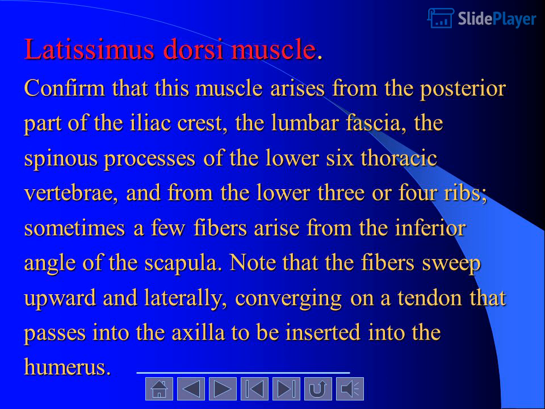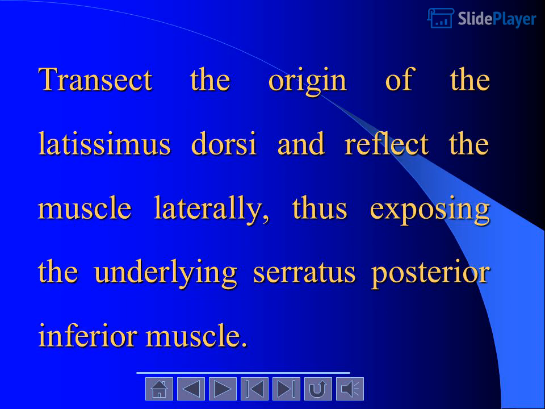Latissimus dorsi muscle. Confirm that this muscle arises from the posterior part of the iliac crest, the lumbar fascia, the spinous processes of the lower 6 thoracic vertebrae, and from the lower 3 or 4 ribs. Sometimes a few fibers arise from the inferior angle of the scapula. Note that the fibers sweep upward and laterally, converging on a tendon that passes into the axilla to be inserted into the humerus. Transect the origin of the latissimus dorsi and reflect the muscle laterally, thus exposing the underlying